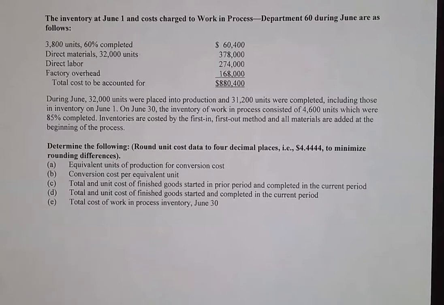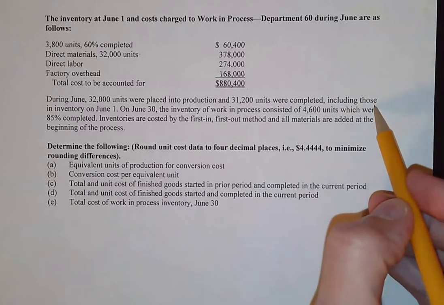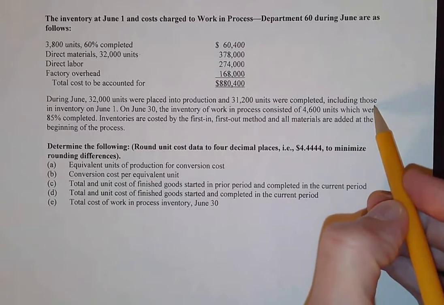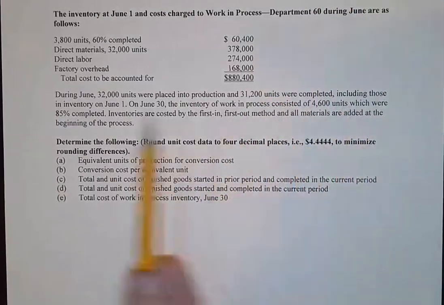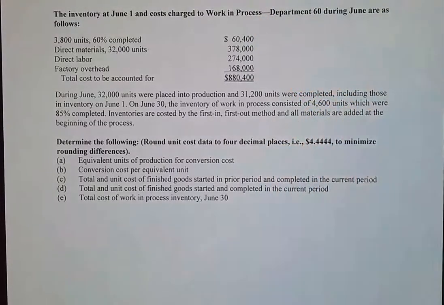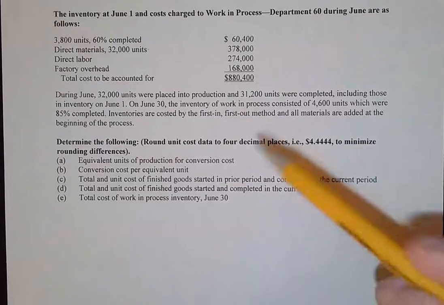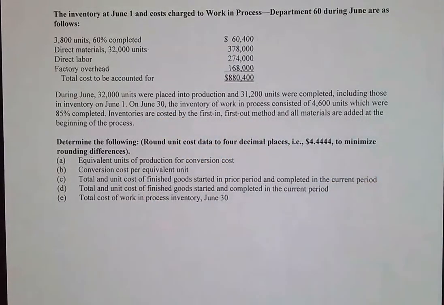Now, I will say this, even if they did not give this information here, even if we didn't have that information, that would still be a true story. So whatever we complete, it is assumed that, if we had any kind of beginning work in process, those are the first items that are completed. All right. It also says here on June the 30th, the inventory of work in process consisted of